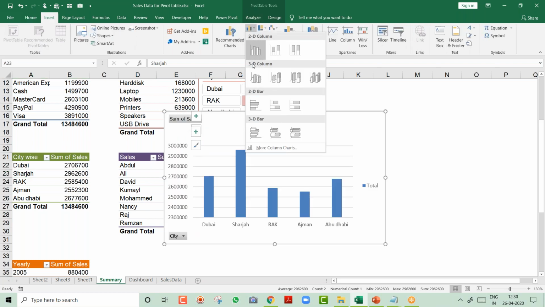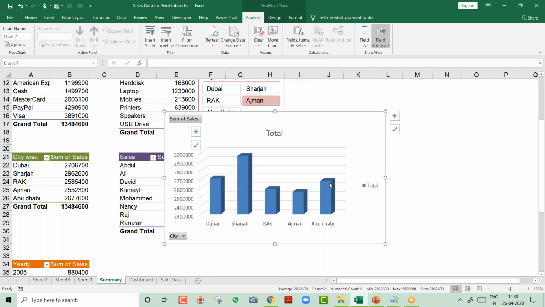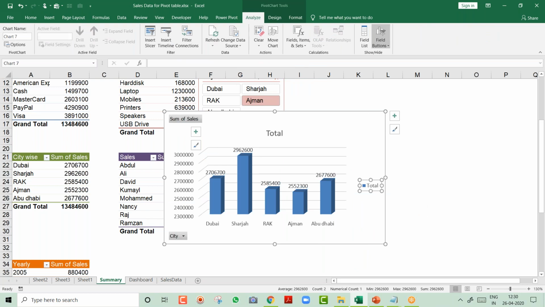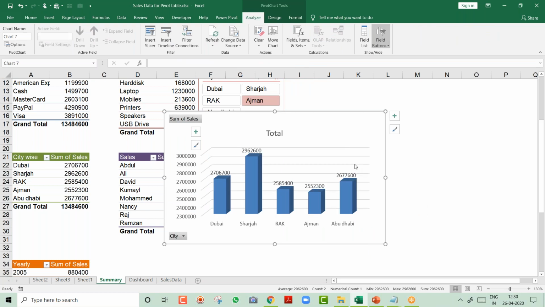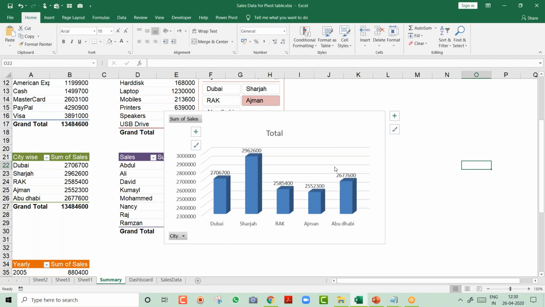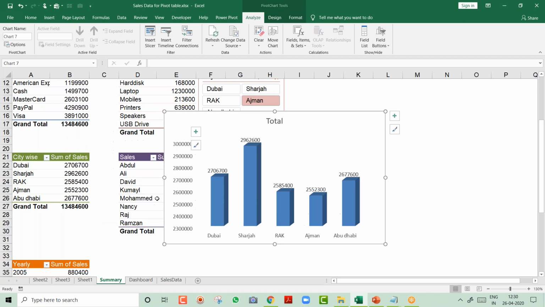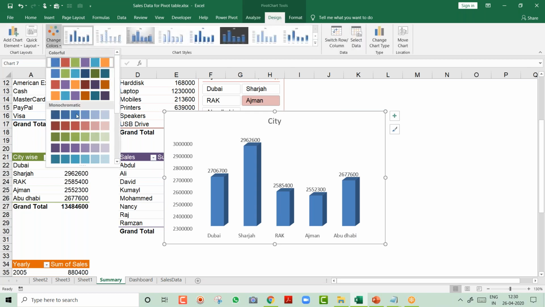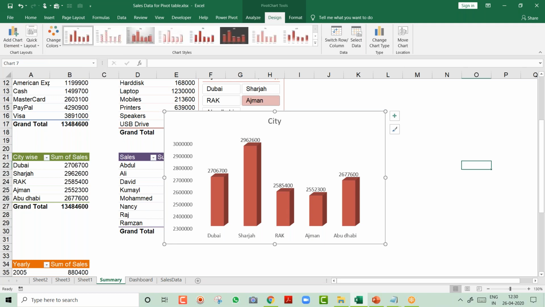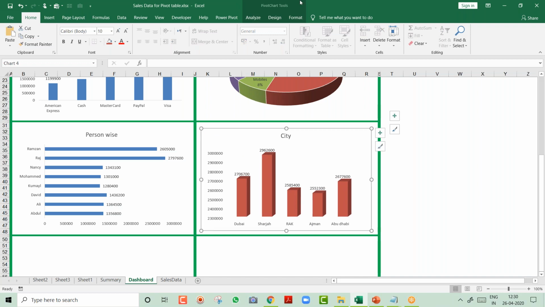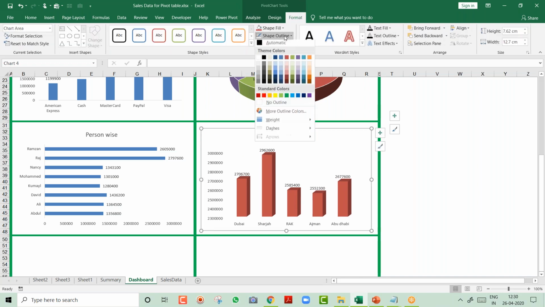Let's say, for example, a 3D chart. I don't use it much, but just to show you. So I inserted a 3D chart. I again deleted this, and I deleted this. Again, I right clicked, I say hide, and again, this is my city wise. You can give a different color if you want. I go to the design and change color, and you have different colors. I say Control X. I go here, put the cursor, Control V. I don't want the outline of a chart, shape outline.